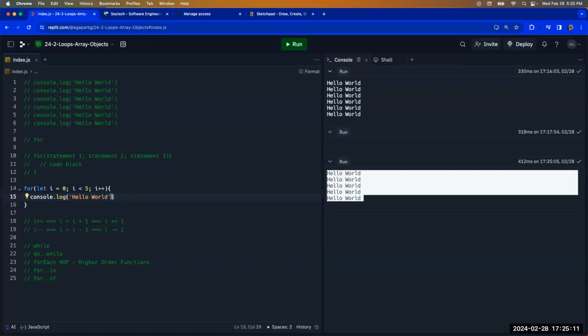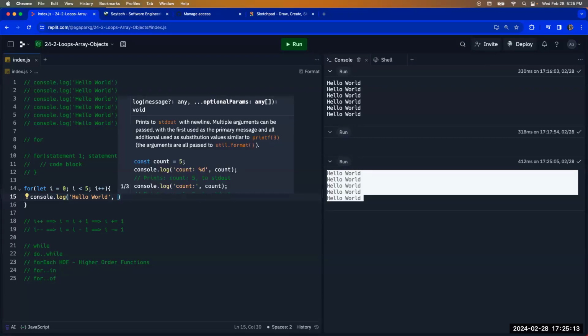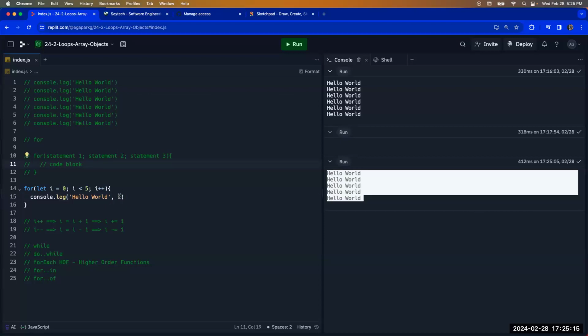Now right next to hello world, we can just print our index. Initially it was 0, since we started from 0. Is 0 less than 5? Yes, print it out, increase. As soon as we increase it, we compare it again. 2 less than 5? Yes, then print it out. As you guys can see,